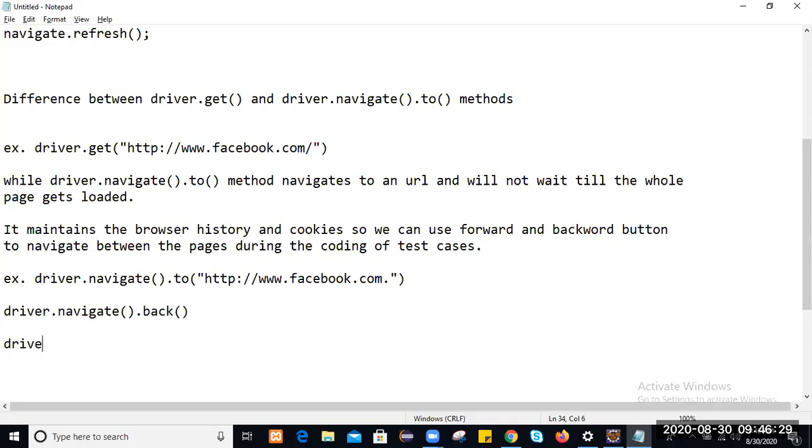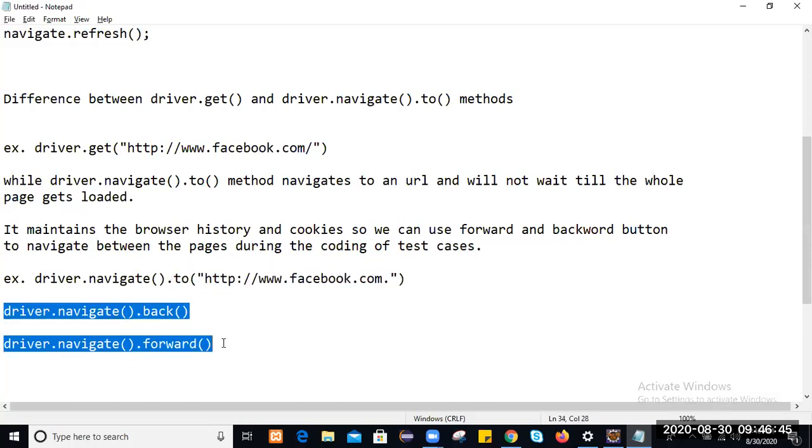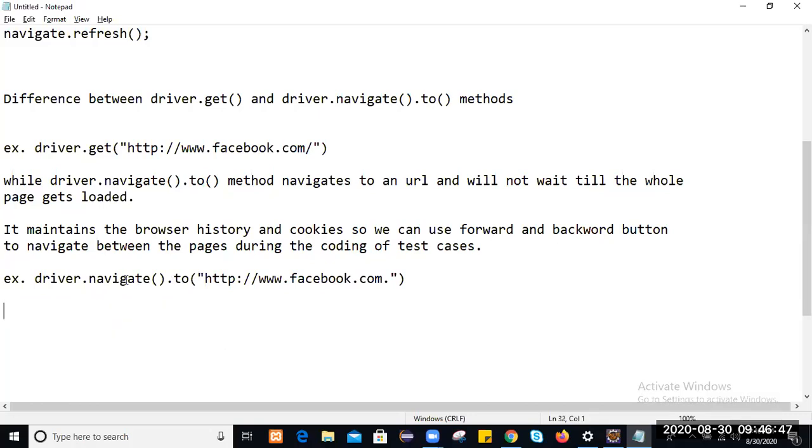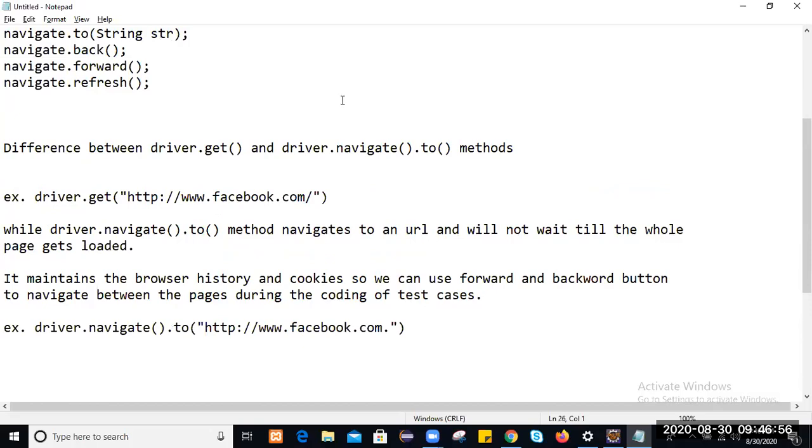Then we will use the driver.navigate.forward method. Actually we are looking at the difference between these two only, but I'm writing these methods also. If you don't want to write, don't write. Just we are looking at the difference between the driver.get and driver.navigate.to methods. Am I clear on the difference between them, folks?